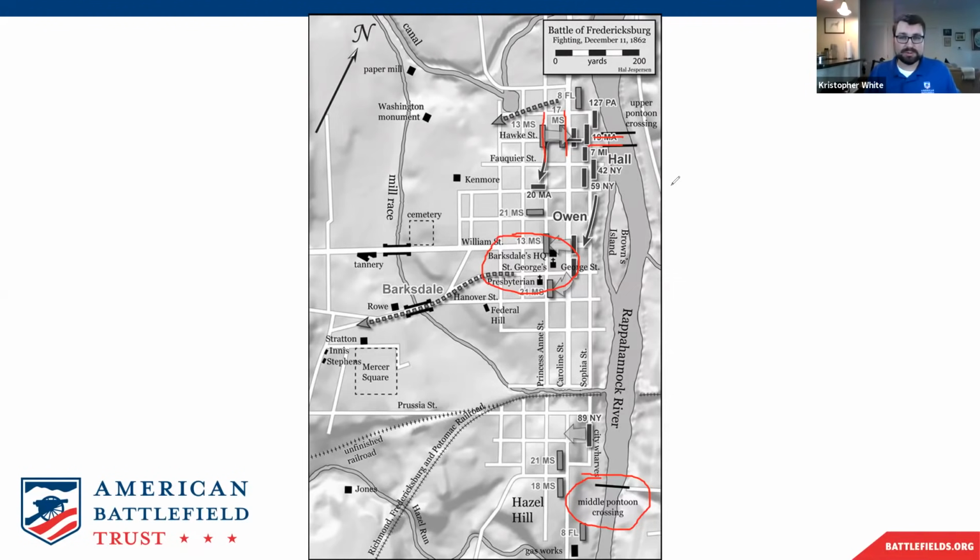The 20th Massachusetts, in the meantime, will row itself across the river. The 20th Massachusetts, known as the Bloody 20th or the Harvard Regiment, look and see that the engineers have actually finished the bridges, because the Union infantry have kept the Confederates at bay and kept their attention. So the engineers start to build these bridges. Bridges are finished. For whatever reason, the 20th Massachusetts want to make a flashy entrance, and then they row themselves across. They deploy about 307 men for action, and they push up, and they meet Thomas